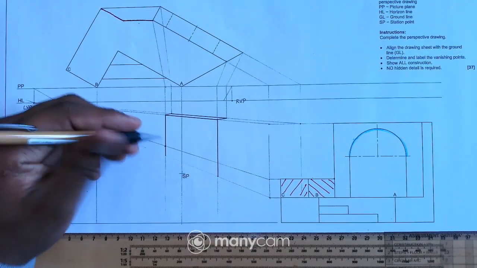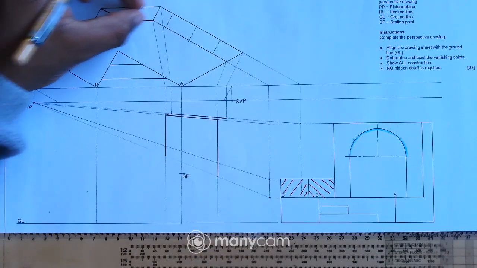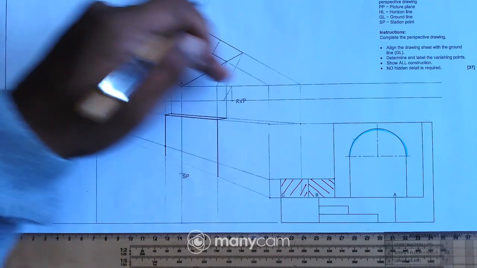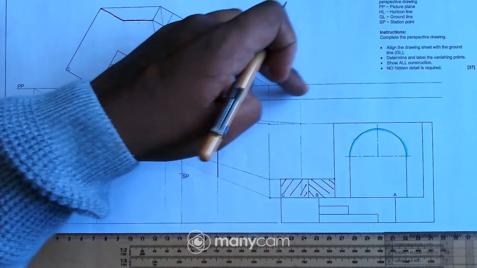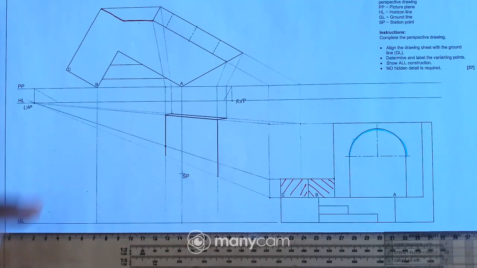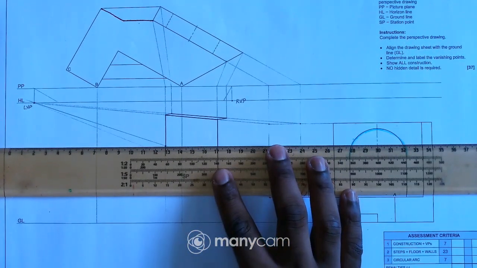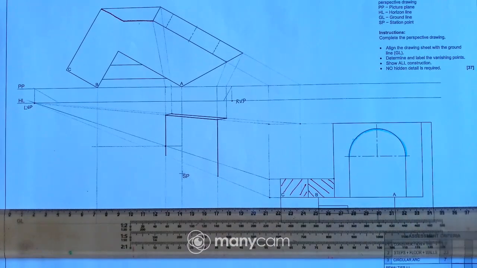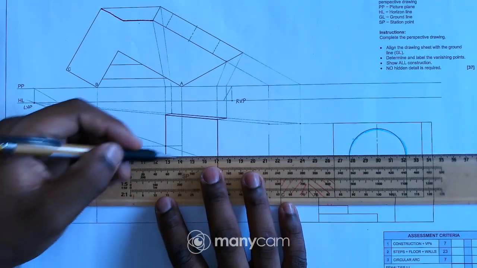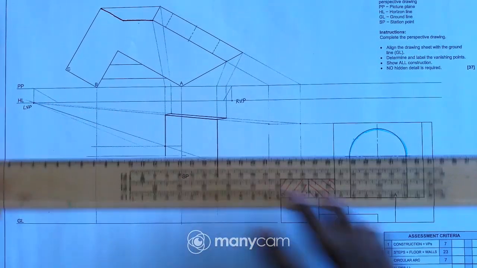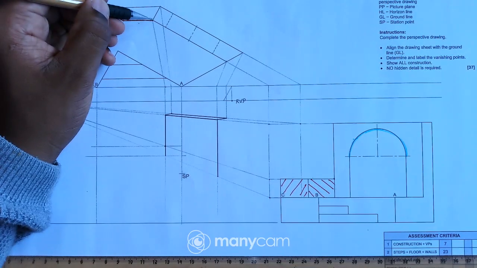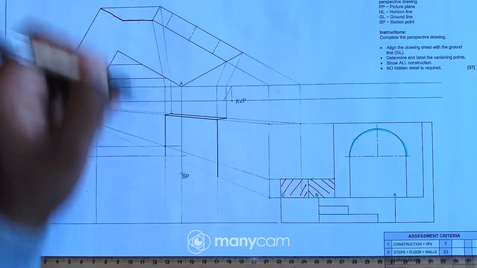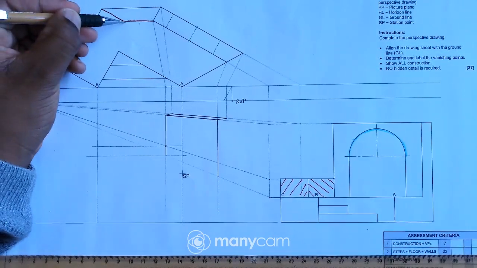And if you look at the top view, I have two horizontal lines. These lines are parallel to the picture plane. So what I can do is I can just draw horizontal lines there. It's not a problem. Okay, because I do have this corner, it's right here.